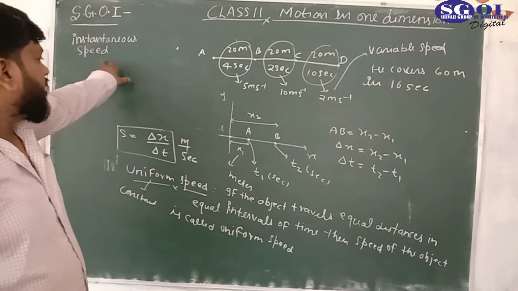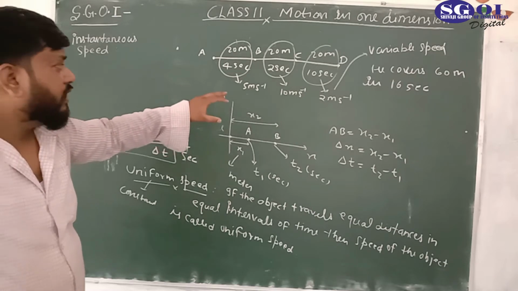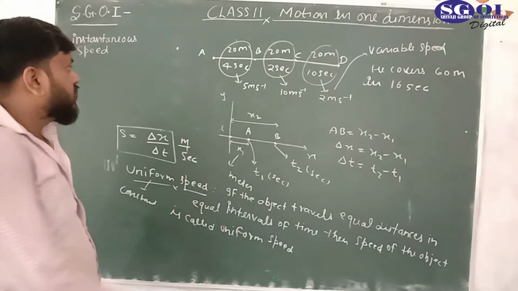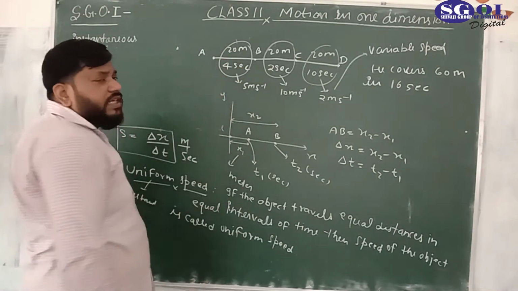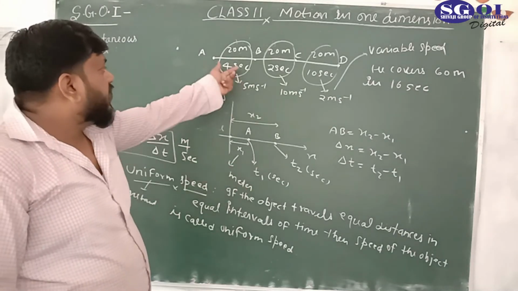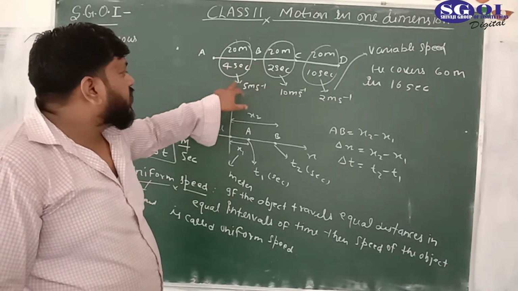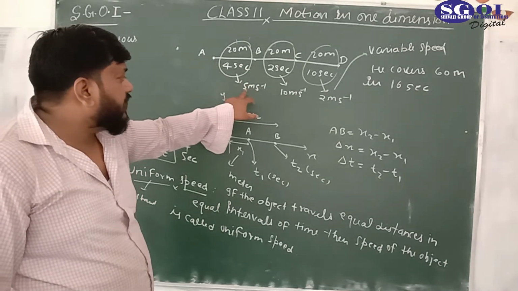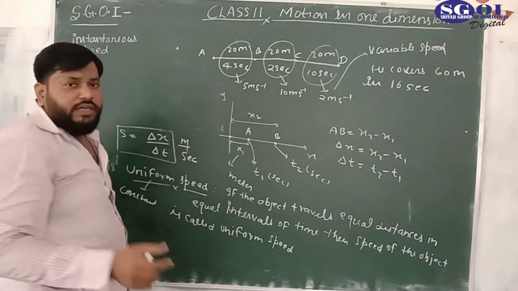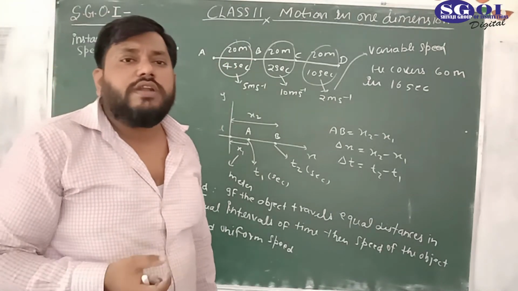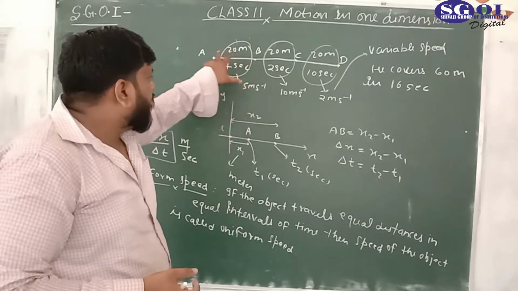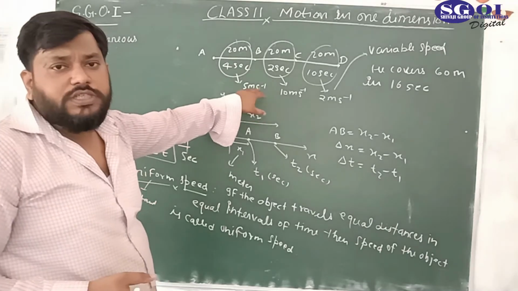It means this speed tells us the speed of the object at a particular instant of time. Suppose we are interested in finding the speed of the object at t equal to 2 seconds. But you are seeing here between A to B the object is moving with, we can say, an average speed of 5 meter per second. Suppose in between A and B the object's speed is also changing at each interval of time, then the speed from A to B would not be the same 5 meter per second.